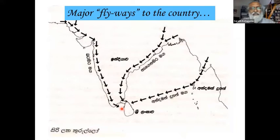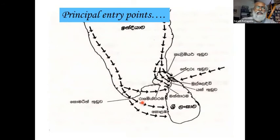We are getting there very, very slowly, closely, not at once but somewhat. Then we are seeing from where they enter the country. So Point Calimere, Comorin Point, and anywhere between these two, Rameswaram and all of these points are where we think they are crossing. Definitely they cross this sea here, that we know, because of